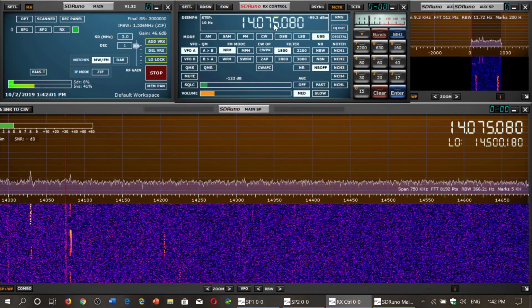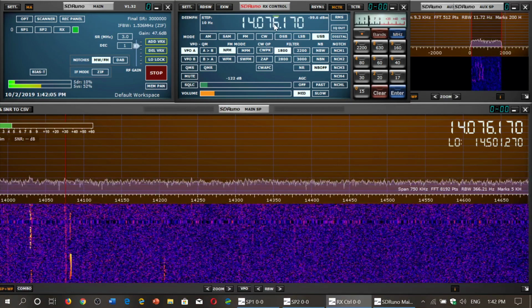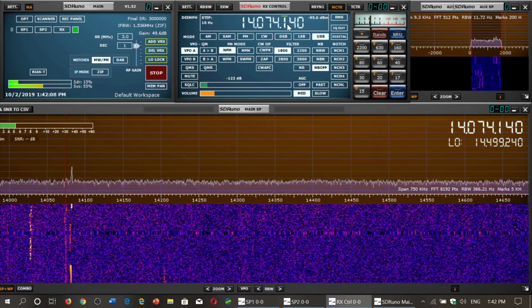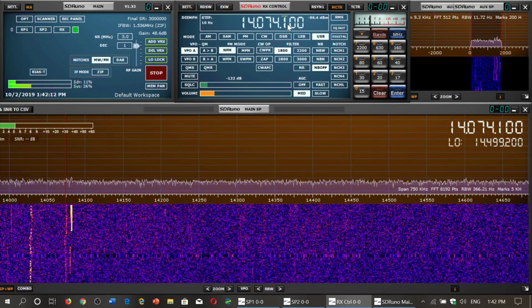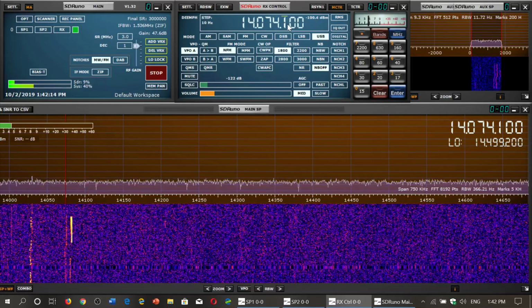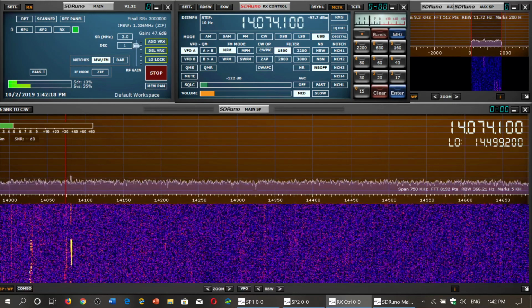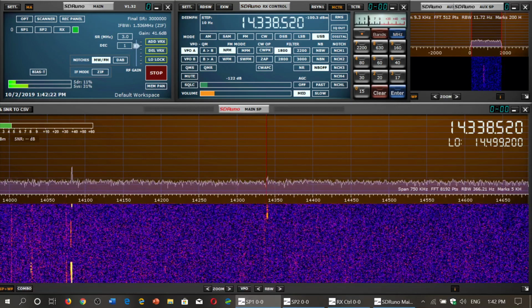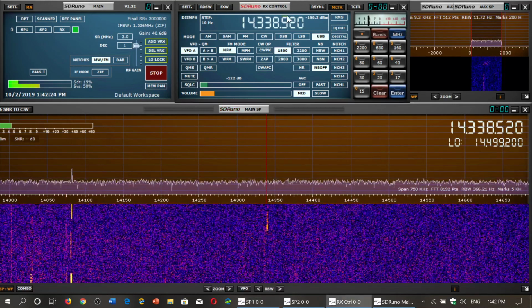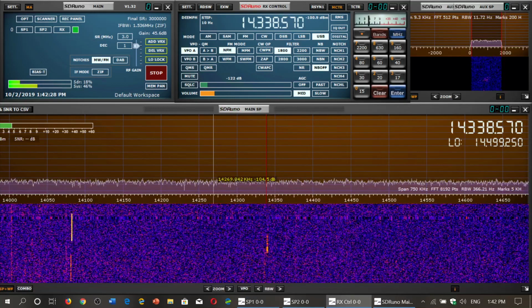14074 is the well-known frequency range for FT8, sorry, digital mode, and this is a very popular mode. Above 14100, mostly it's single sideband signals. So amateur stations are actually talking in single sideband, and this is, of course, the dominant mode for the rest